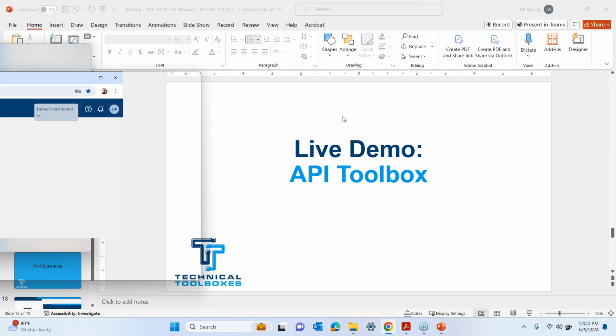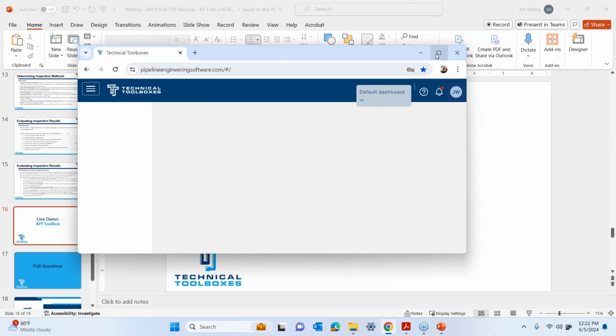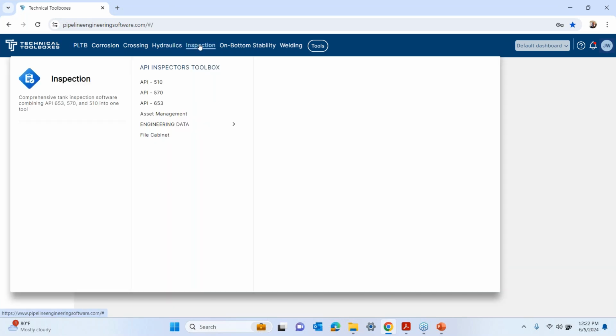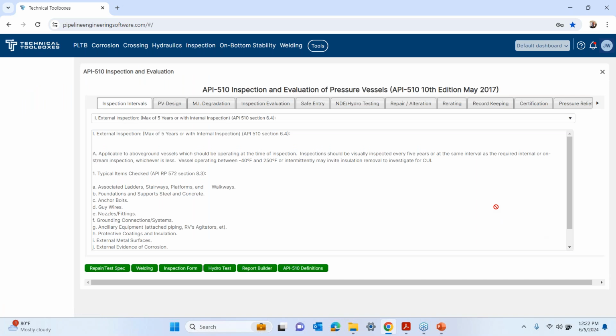Okay, where are we at here? Software, the API toolbox. So you get into the toolbox, you'll come up to a screen like this. Let's go and take a look at API 510. All right, so it brings you up to the base